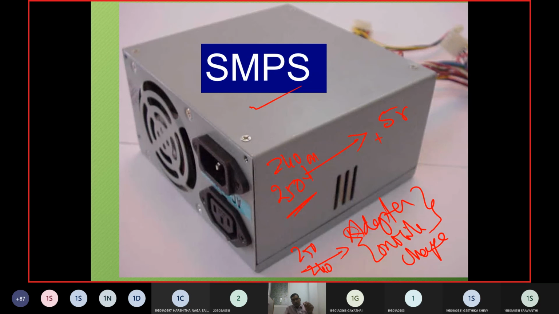Similarly, if you connect 250 volts to your laptop or desktop, it will be burnt in the next minute. So high power is coming, and that high power has to be neutralized and minimized. How do you do that? You have an adapter. The adapter takes 250 volts and gives you only plus 5 volts.